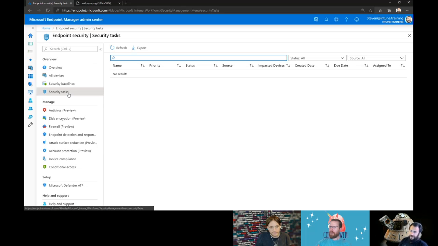But this is where, say, for example, there's an out-of-date version of Adobe. You can go and assign a task to an engineer or a team to go and fix that. Nice. Which I think is fantastic. Do they see if a security task is generated here? Yep. Does the account it's assigned to, do they get email notifications? I believe so. I've not looked into it. Okay, cool. Because that would be quite handy. Yep, definitely. I'll definitely be playing with that.